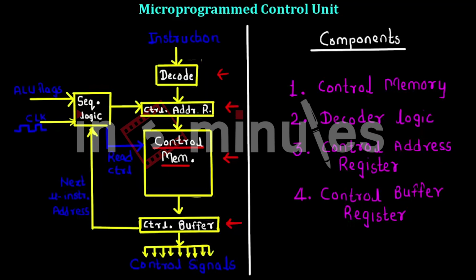So these are the four components, and the most important component is the sequencing logic. This is similar to the timing control logic we saw in the normal control unit. It is going to sequence the microinstructions, or it is going to decide the next microinstruction address that is to be performed, which is nothing but the next micro operation, or the micro operation sequencing. And it works on the ALU flags and the clock signal as a timing reference. So we have seen the components of the microprogram control unit. Now let's see how the control signals are actually generated.